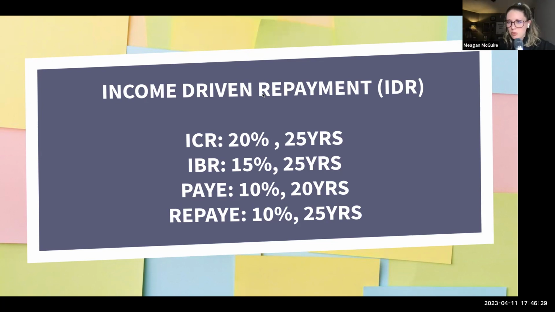So if you're married, it's about 25,000 they subtract. If you have a couple kids, that goes up to 30 or 35,000. So the larger the family size, the larger the deduction. And that's how they calculate the payment. So they take that, you get your discretionary income, and then the 10% is based off of that discretionary income number. There are calculators to do this on studentaid.gov and our website. So don't feel like you have to do that number crunch. There are calculators out there that can do that for you if you're curious about what it would be. But that's a good question.